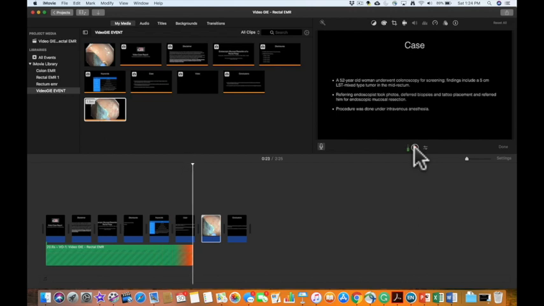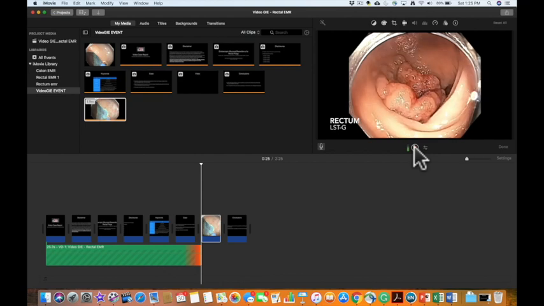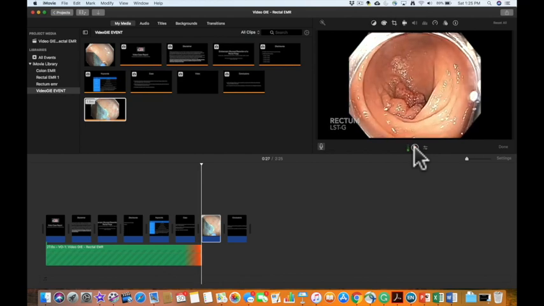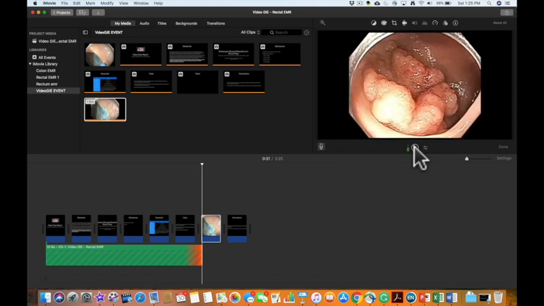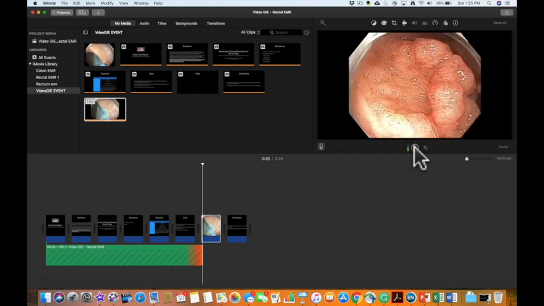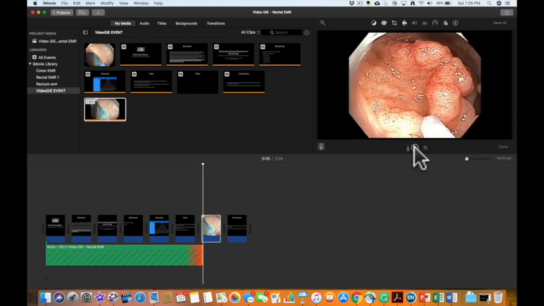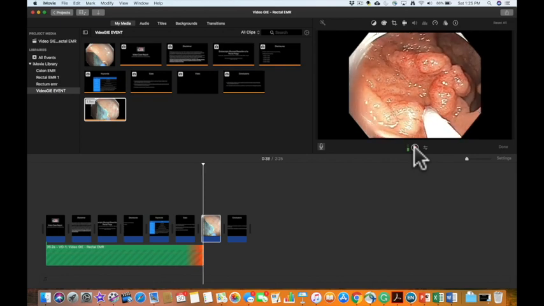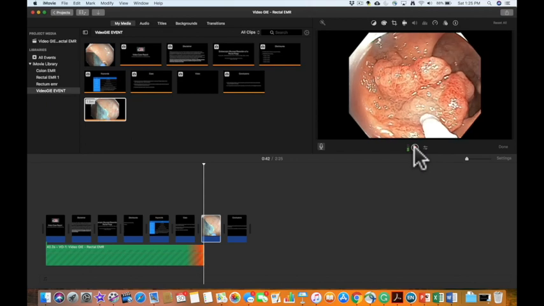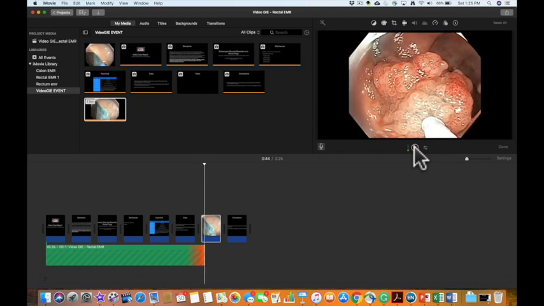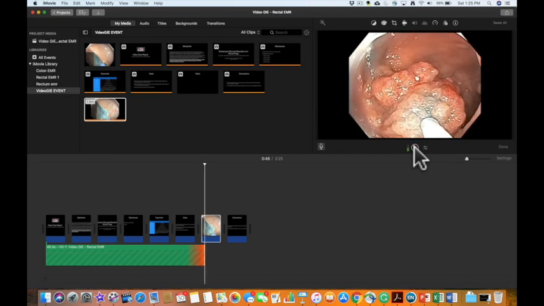Is a 52-year-old woman who was referred for endoscopic mucosal resection of a large laterally spreading granular tumor. We removed it using saline injection with a little bit of methylene blue to lift the polyp, followed by serial hot snare resection using endocut